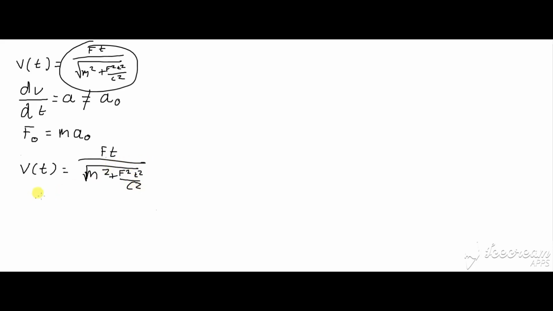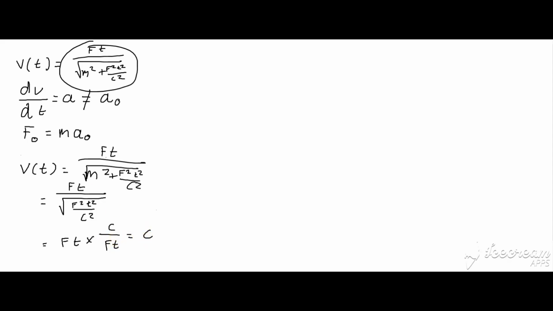And we can verify this by setting mass equal to 0 in the equation, where you end up with ft on root f squared t squared on c squared. And obviously root f squared t squared on c squared is just ft on c, so you have ft divided by ft on c, which is just equal to ft times c on ft, which is just equal to c,